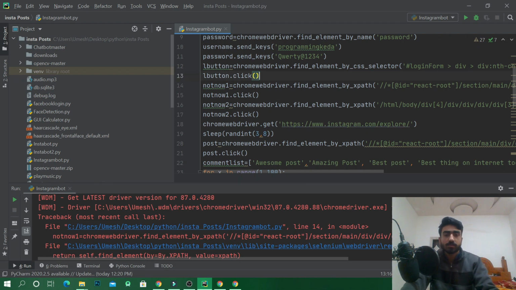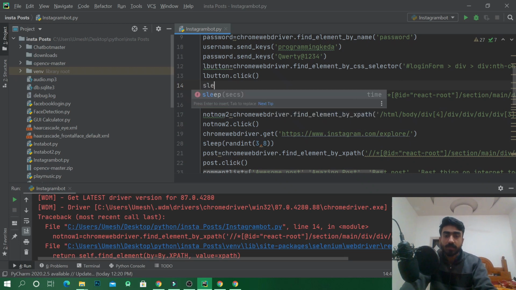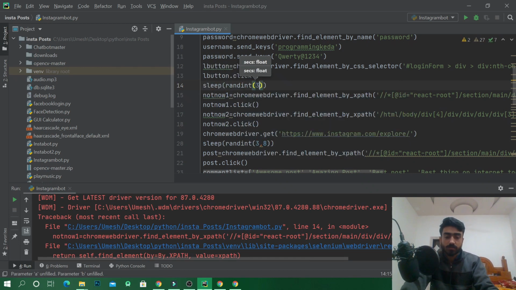That may be because after clicking the login button, we have not let our program sleep, because Instagram.com will take some time to show the first not now button. We'll make it sleep for a random int of 3 to 6 seconds. Now it should work fine.